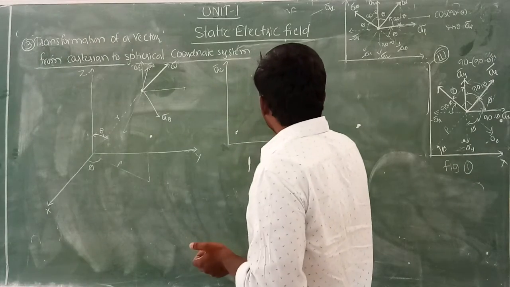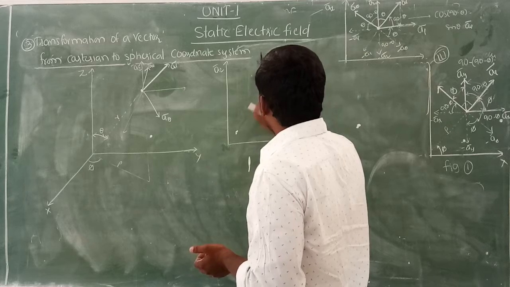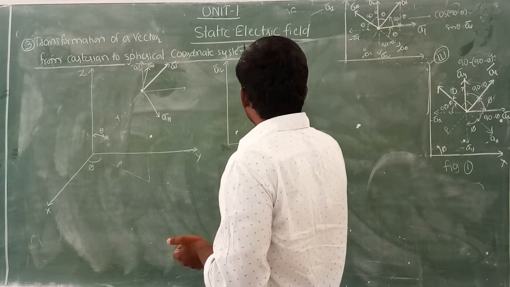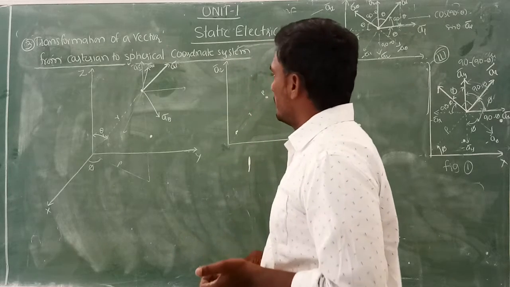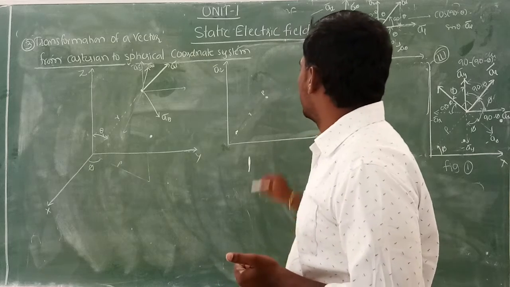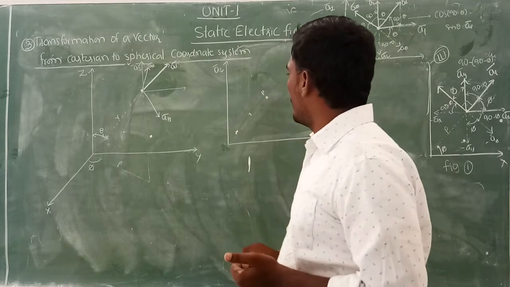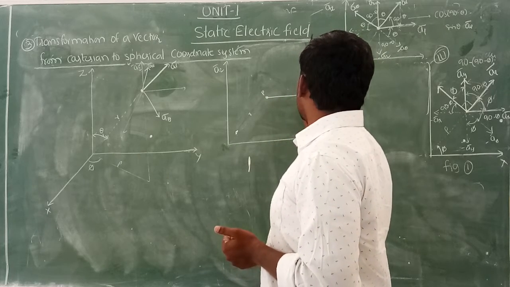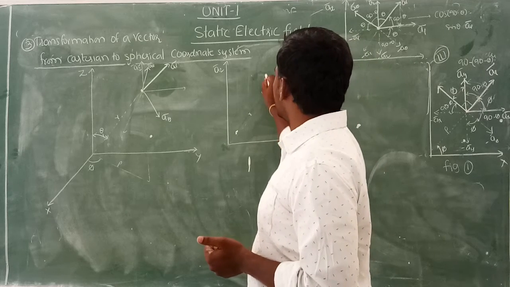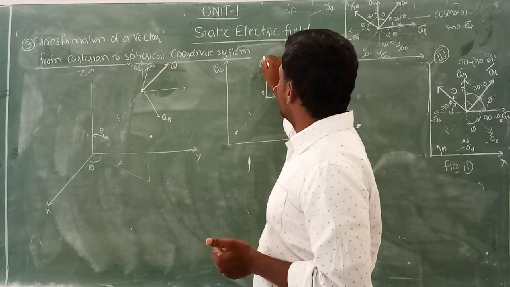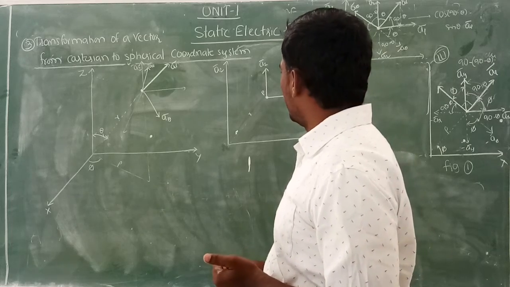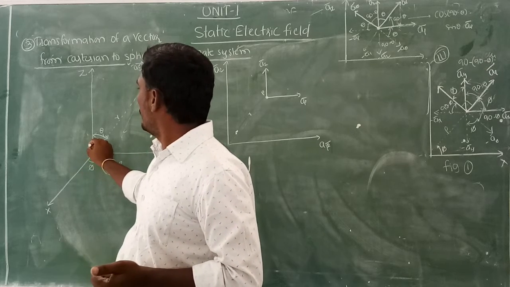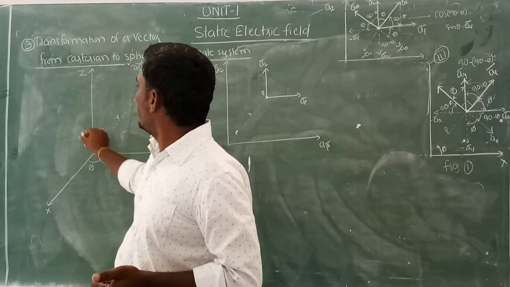So now let us represent a point here. This is the point P, and this point P is at r units distance from the origin. I am drawing a unit vector in the direction of a rho bar, and in the direction of the z axis it is a z bar. Now in between a rho and a z, this is my a rho. So you may consider the point a r bar in this direction also.